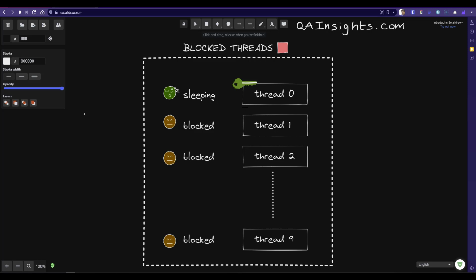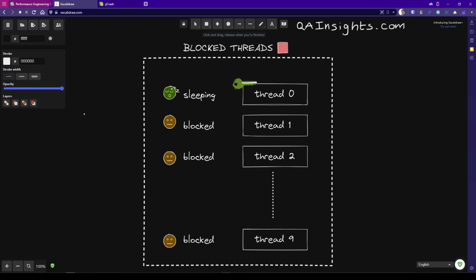Now the remaining threads, thread 1 to 9, will be in blocked status because thread 0 already acquired the resource and it is sleeping, and the remaining threads will be waiting for thread 0 to release the lock. But it will not happen as per the design in the Buggy App. So the application will become unresponsive.